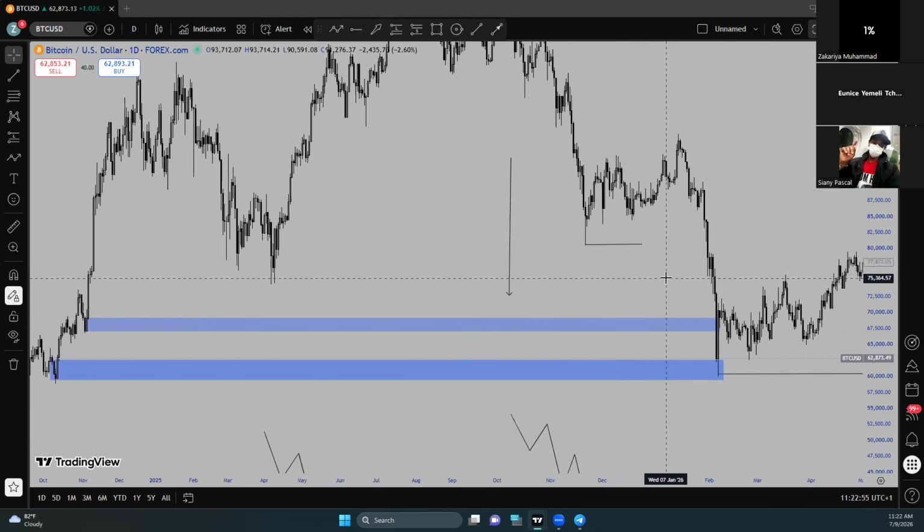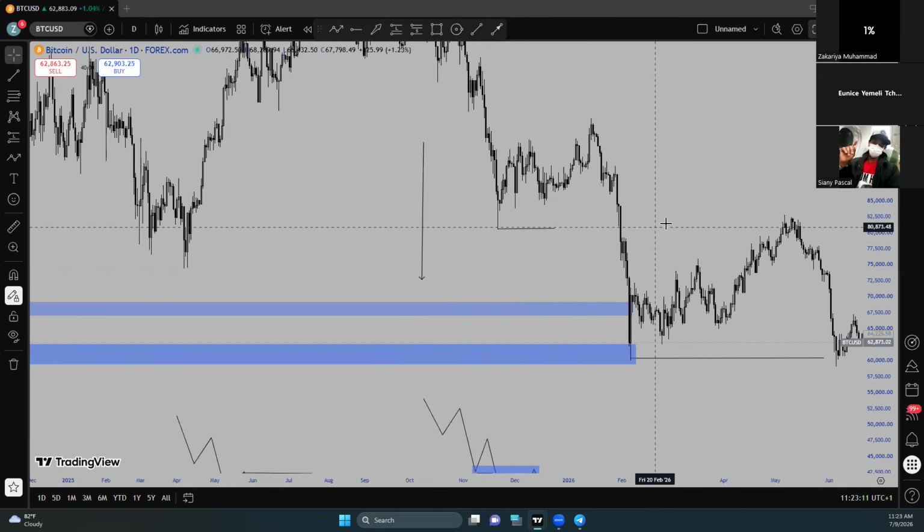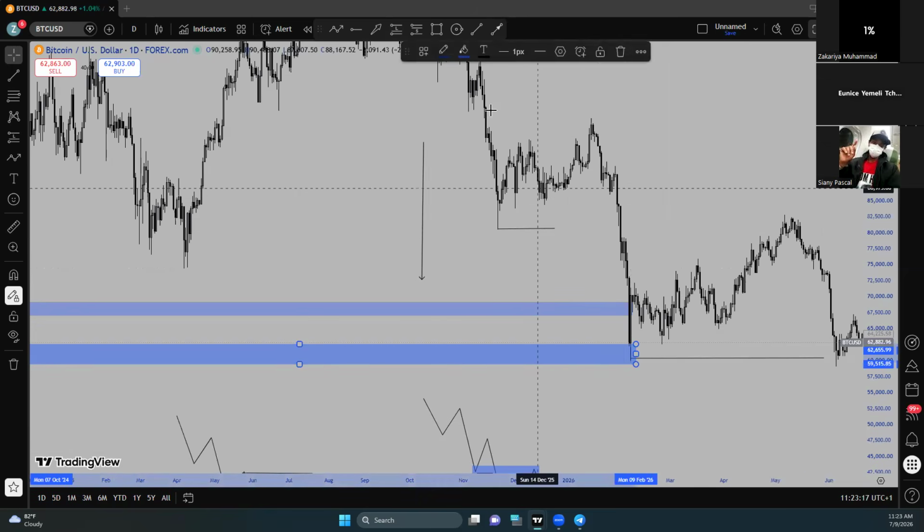Those zones can be our targets. If you're a swing trader, those are the zones you target. If you're a day trader, those are the zones that you target. Same thing if you're a scalper. Those zones, you'll be buying until those zones get tapped. So I said, after you get a structural shift at any of these random zones, then you mark a higher time